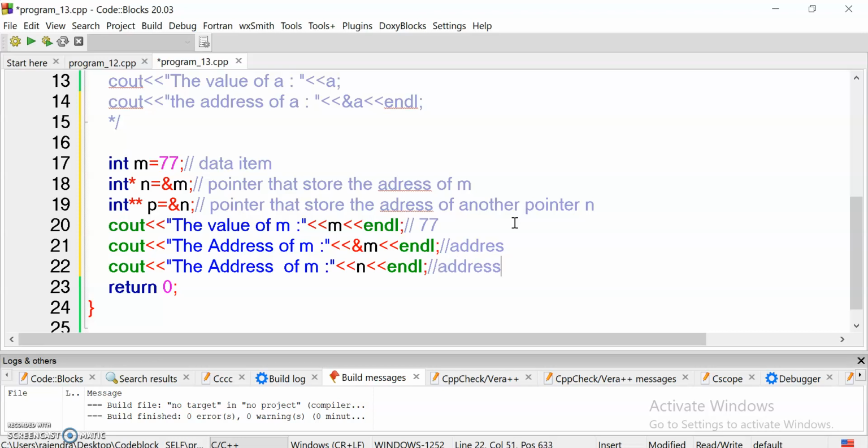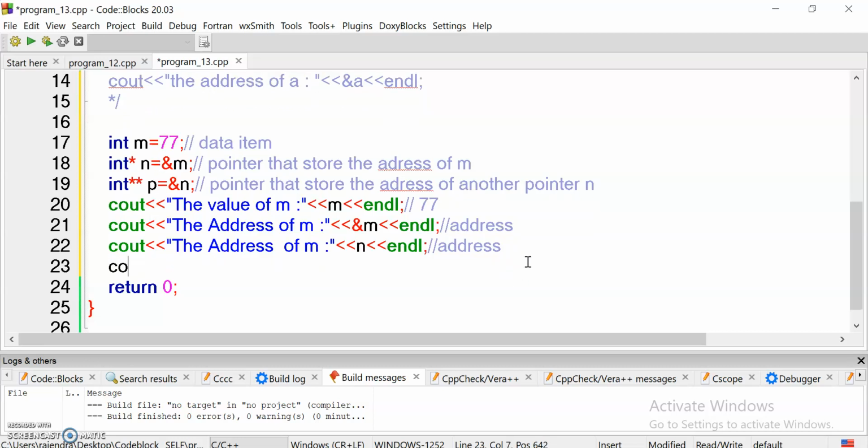Now if I want to print the address of this pointer n, what do I do? cout, the address of n. Or you can say value.